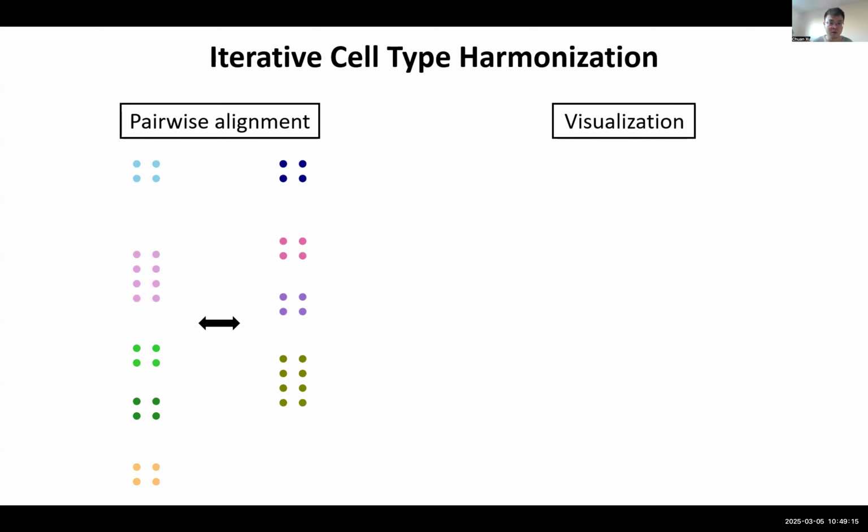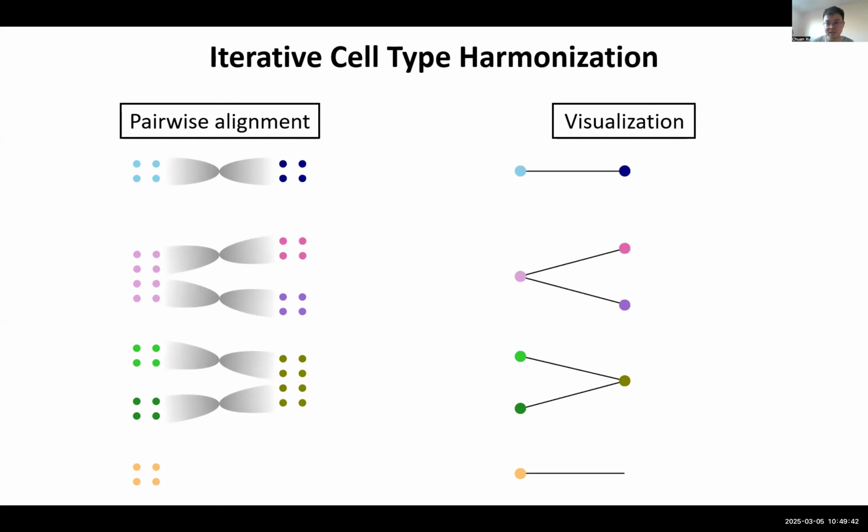First, because we already have robust cell-to-cell distance measures from the previous step, we can align cell types of 2 starting datasets, as shown here. This will result in several situations, including 1-to-1 alignment, 1-to-multiple alignment, multiple-to-1 alignment, and unique cell type in a single dataset, accompanied by visualization of this plot symbolically.